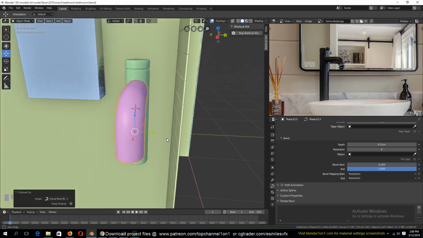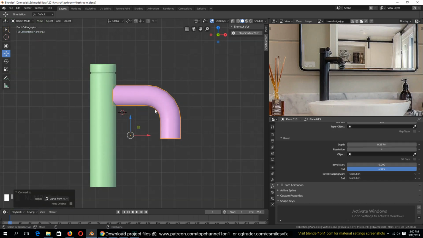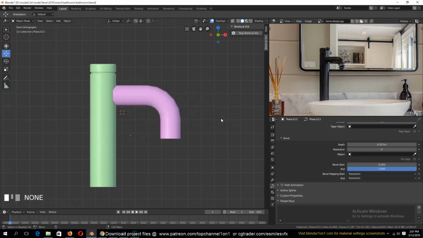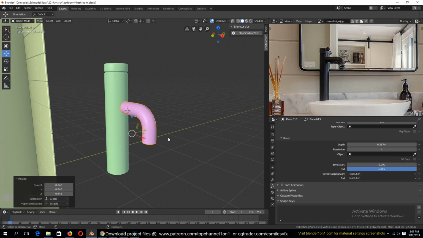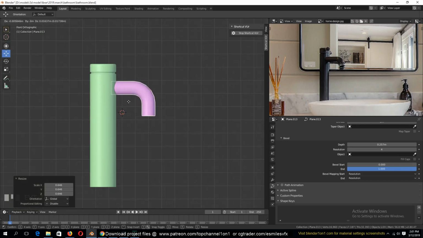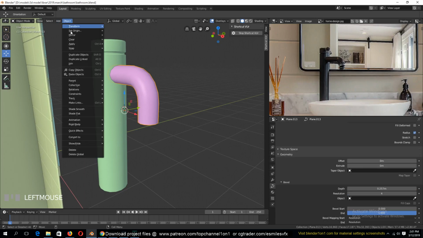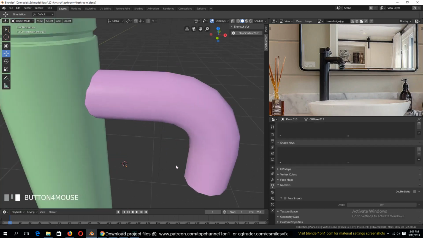Then maybe this is too wide, so let's reduce the depth to around there. I think it's too large, so let's just scale it down, move it back up like that, then convert this back into a mesh. So convert mesh, turn on smooth shading. Now we just need to